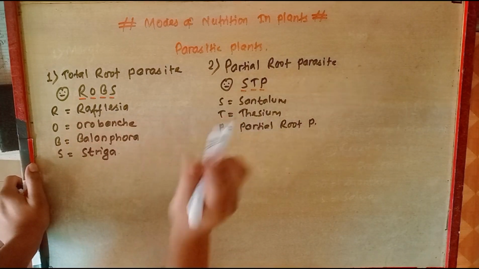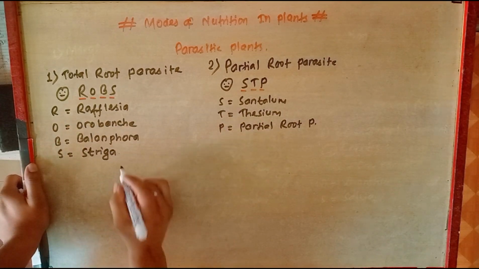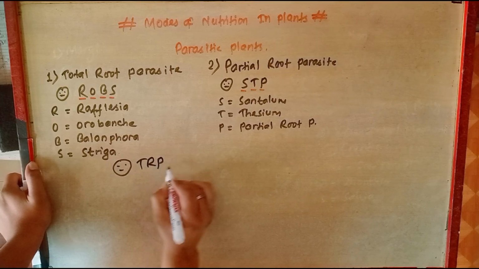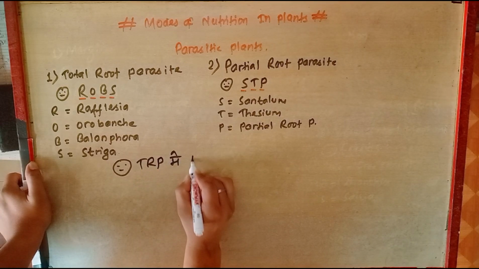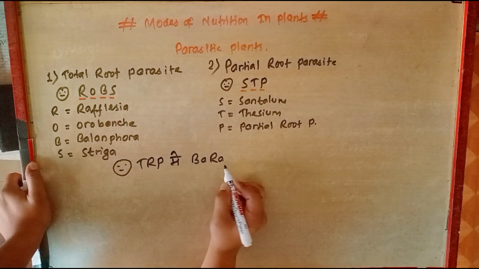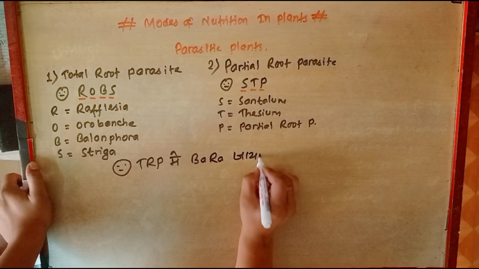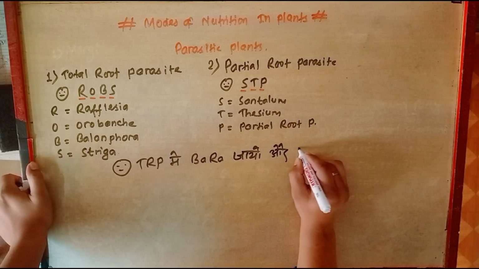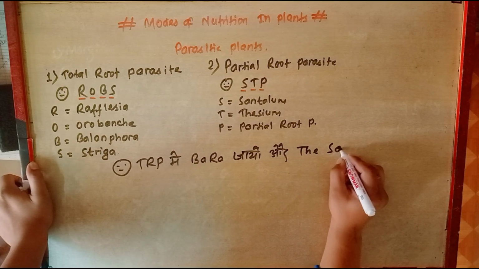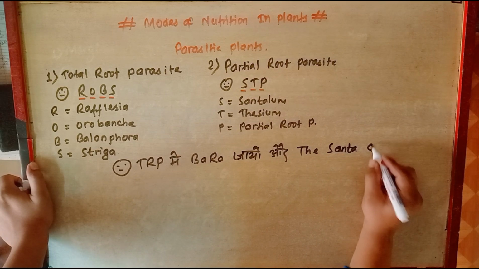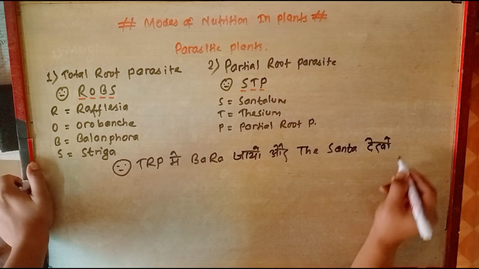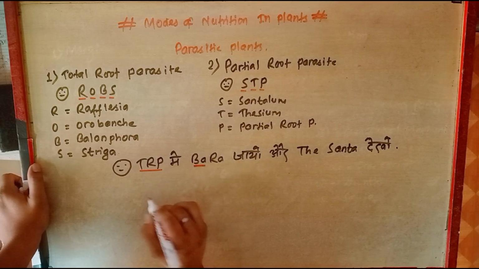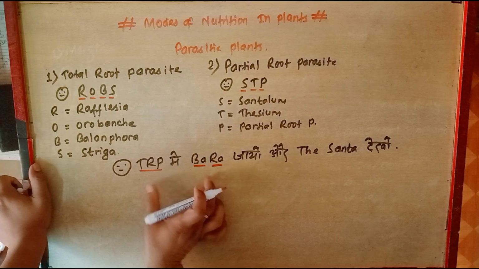The statement for the root parasite, for both total and partial, is ट्रिप में 12 जाओ और द सांता देखो. ट्रिप में 12 जाओ और सांता देखो, that is total root parasite, Balanophora, Rafflesia, and these two are the examples